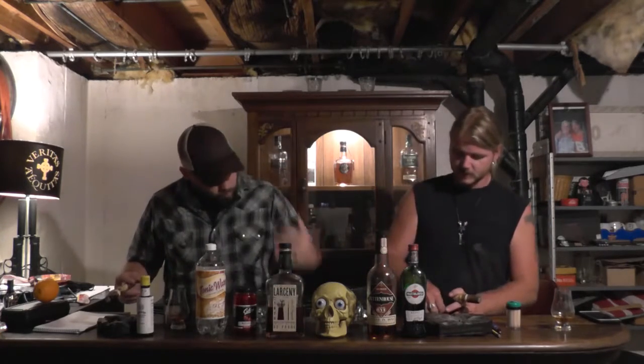So, in the Speakeasy, we figured to be a proper bar, we should make some cocktails. Now, we have two cocktails we really like, although I definitely prefer one over the other, and I think you prefer the other one over the other. I said "the other" a lot. You can do the other. Anyway,